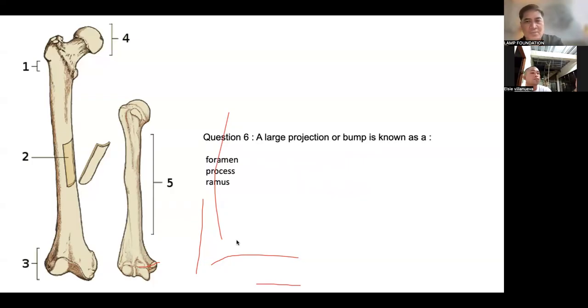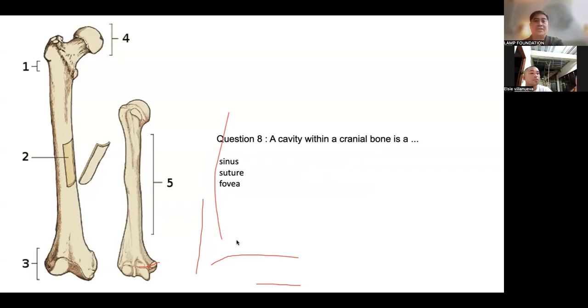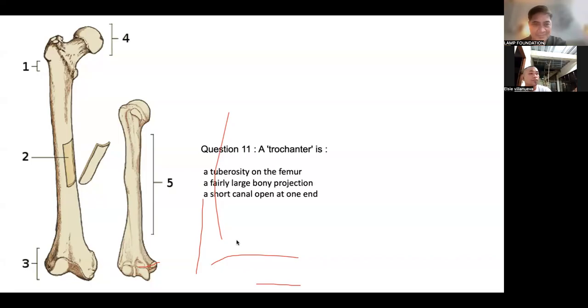A large projection or bump is known as a process. A branch from a bone is called a ramus. A cavity within a cranial bone is a sinus. A long thin projection on the bone is called a spine. An articulation between two cranial bones is called a suture. A trochanter is